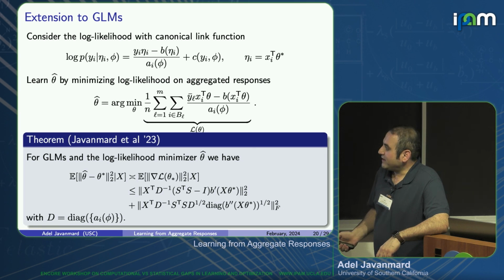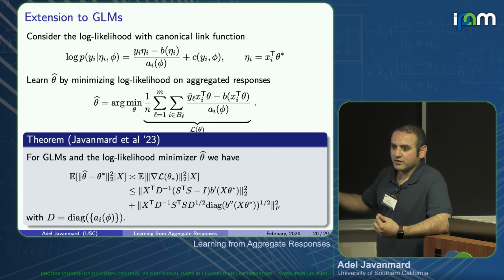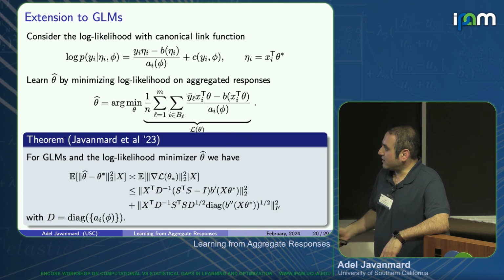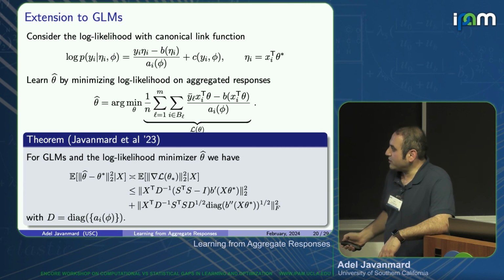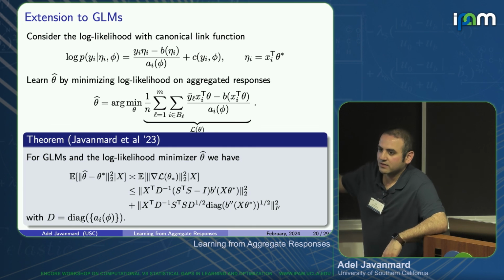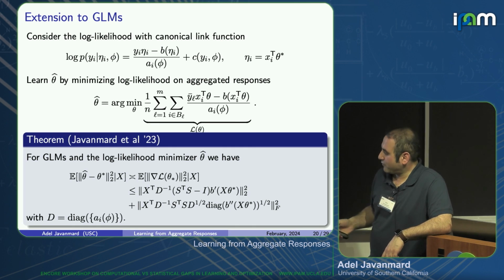The common trick is that the risk of this model can be related to the size of the gradient of the loss at the actual parameter. So if this one is small, it means that the minimizer of this, where the gradient is 0, would also be close to theta star. But if this gradient is large, then it's hard to argue between them. So the common technique is that you can relate this to the size of the gradient of the loss at the actual theta star, and then you can do the bias-variance decomposition, but it has a more complicated form.